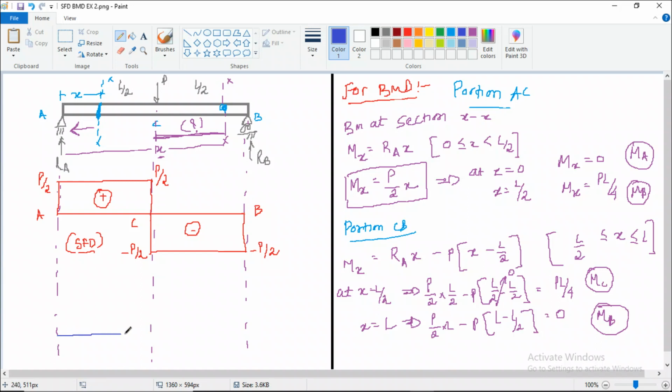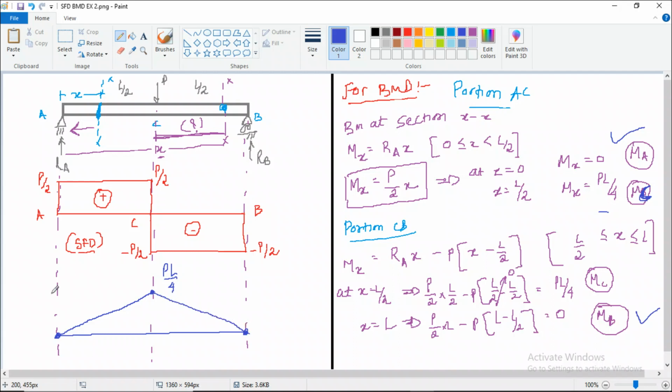So for that also we draw a baseline. So bending moment at point A is 0, as we have seen here. Bending moment at point B is also 0. So at point A and point B there is no value, so 0, 0. Then what is the bending moment value at point C? So bending moment value at point C, that is PL by 4, and positive, so positive PL by 4, we mark a point, write the value and join this with a straight line,